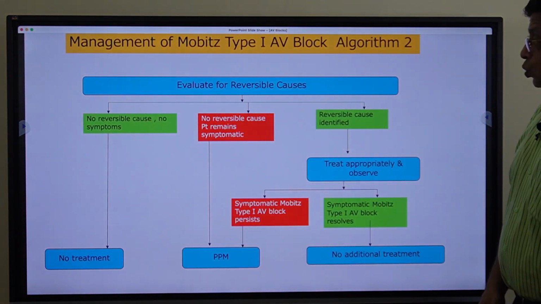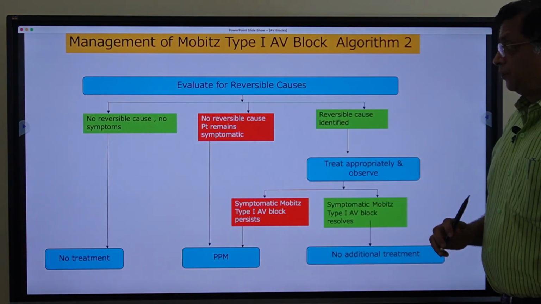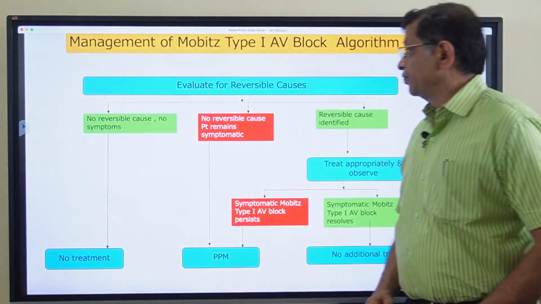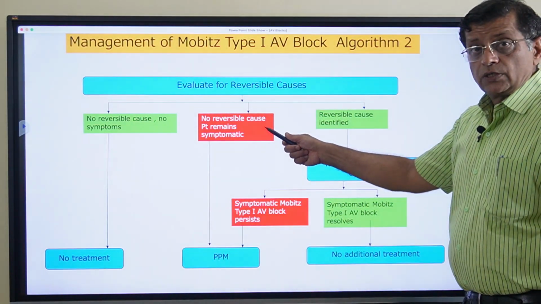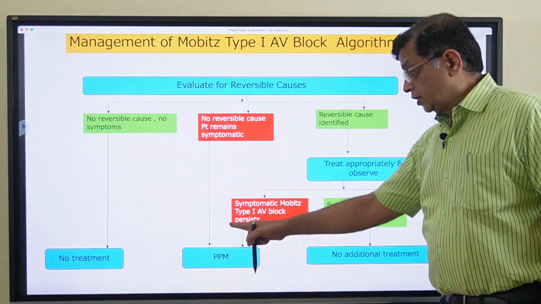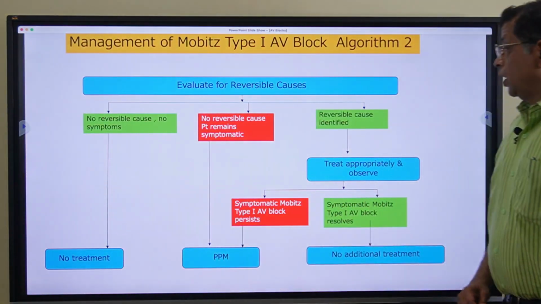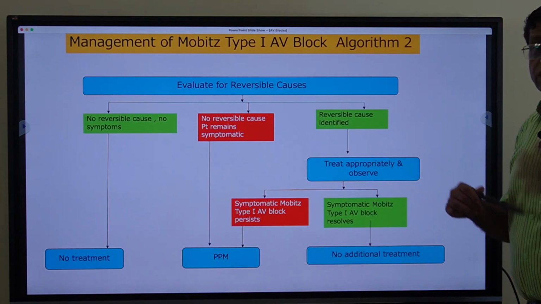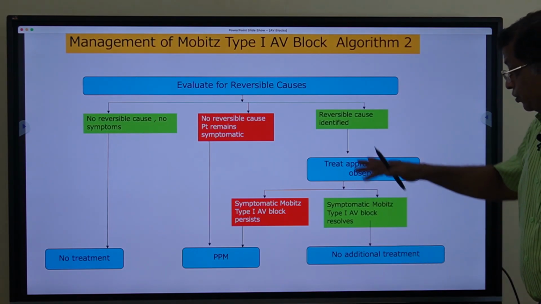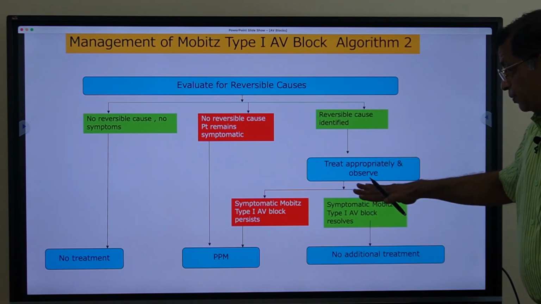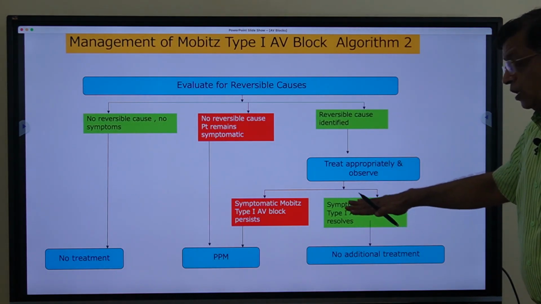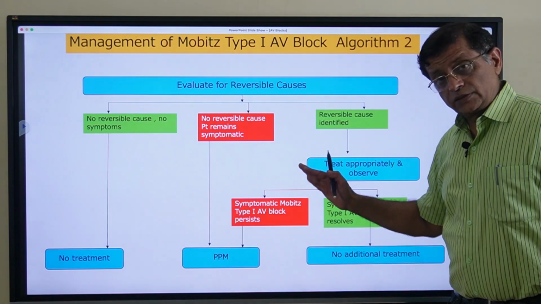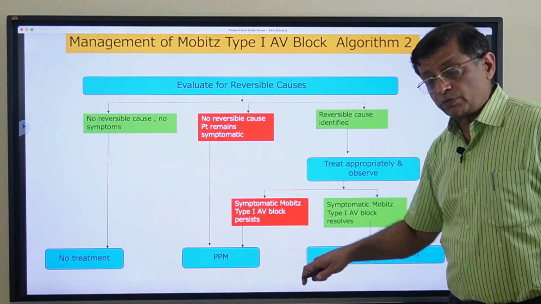Then in algorithm 2, evaluate for the reversible causes. If there are no symptoms and no reversible causes, naturally the patient doesn't require any treatment. If there are no reversible causes but the patient is symptomatic, then he would be a candidate for permanent pacemaker. If you find some reversible cause, for example, the patient has taken a beta blocker or a calcium channel blocker, recently changed, or the patient had hyperkalemia, so treat appropriately and observe. If the patient improves, the AV block resolves, no additional treatment is required. But if the patient still has Mobitz type 1 AV block and the patient is symptomatic, then he is a candidate